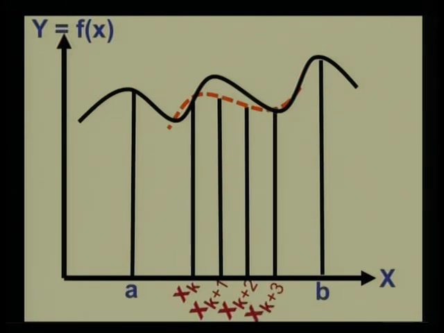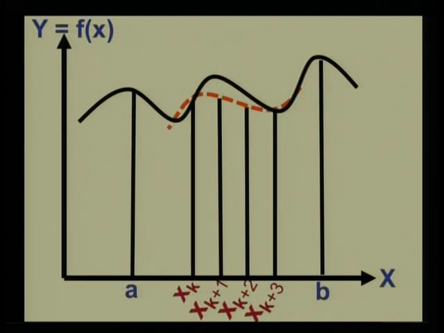Since we are considering 4 points in order to find the area, we would approximate a polynomial of degree 3. For n points, the interpolating polynomial would be 1 degree less, that is n minus 1, and hence since we are covering 4 points, the degree of the polynomial would be 4 minus 1, so 3. So in the case of Simpson's 3/8 formula, we would be interpolating a third degree polynomial. Trapezoidal, a linear line, a straight line.